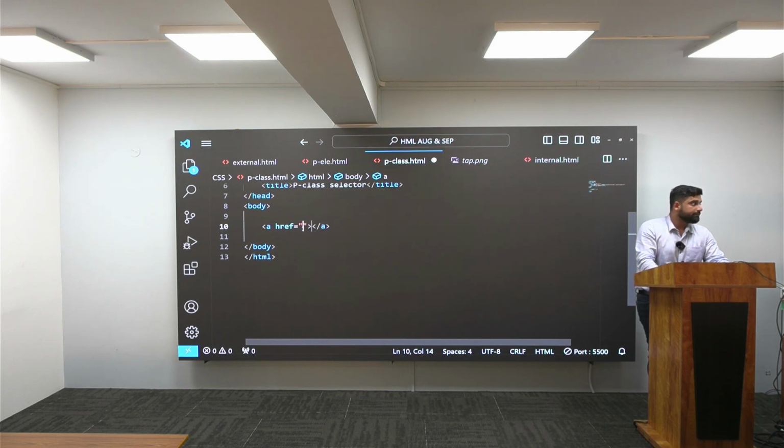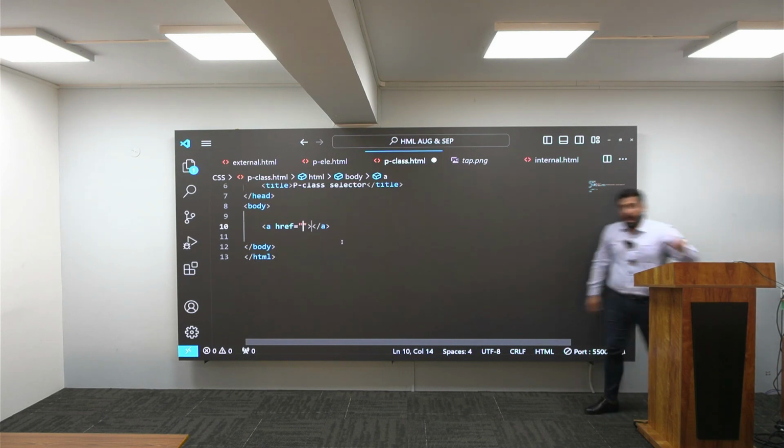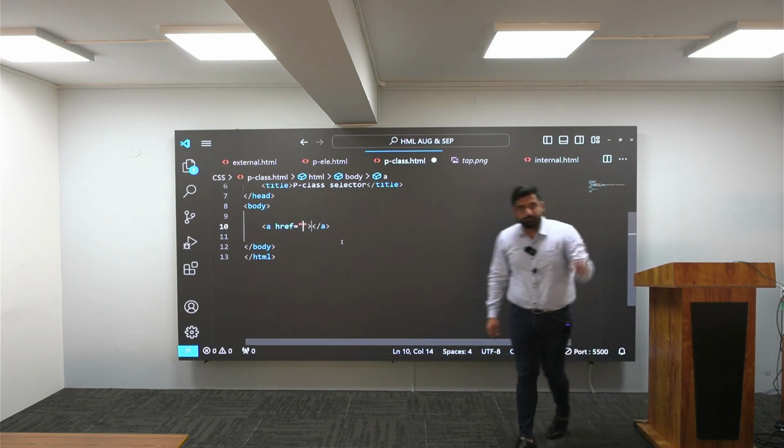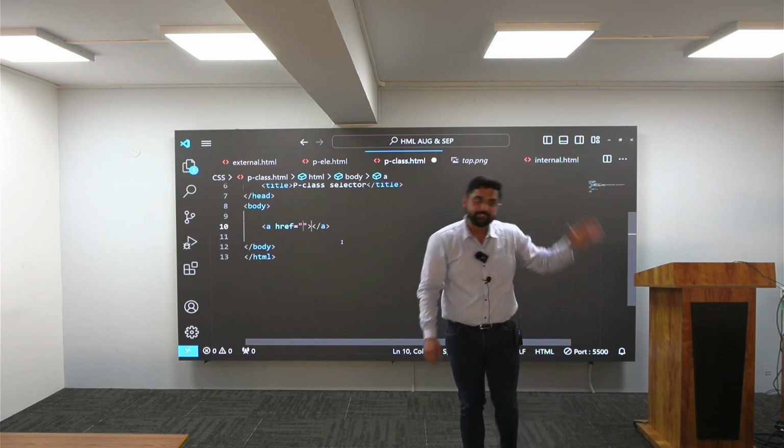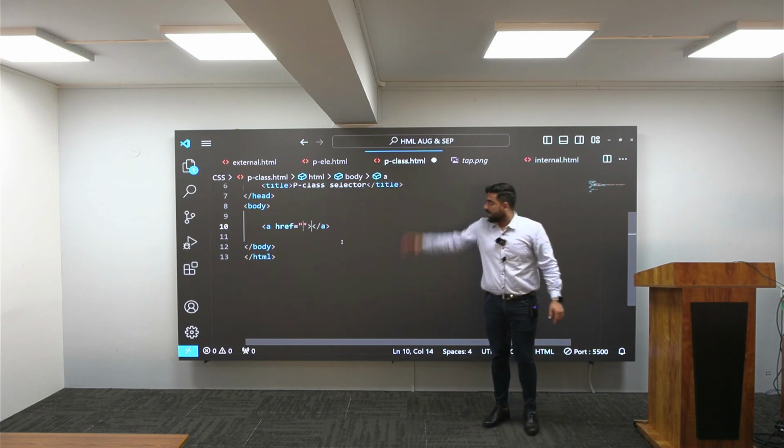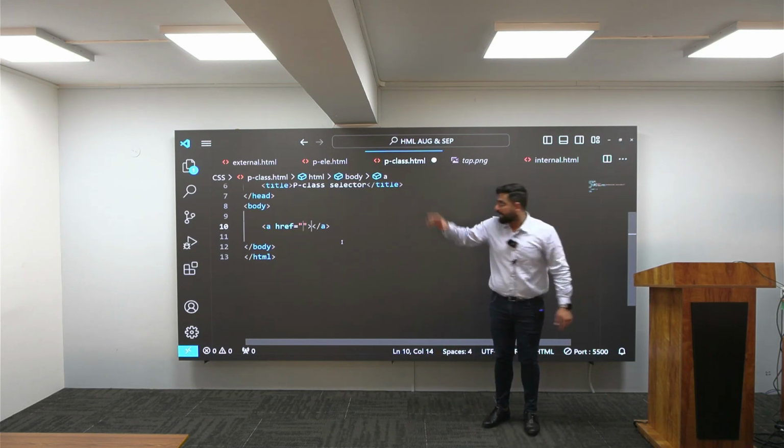What is href? Hypertext reference. For what do we use href? For putting the URL or path of the particular website. Now I will take the URL of the Amazon website.